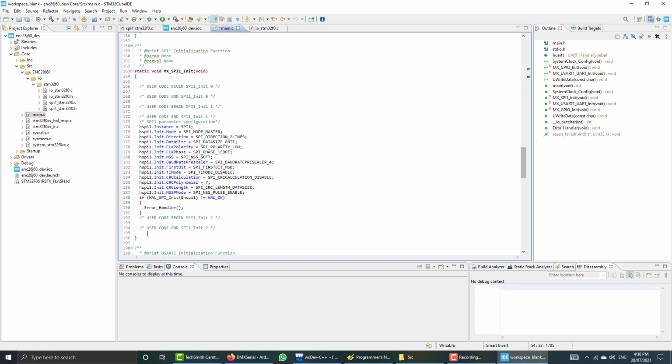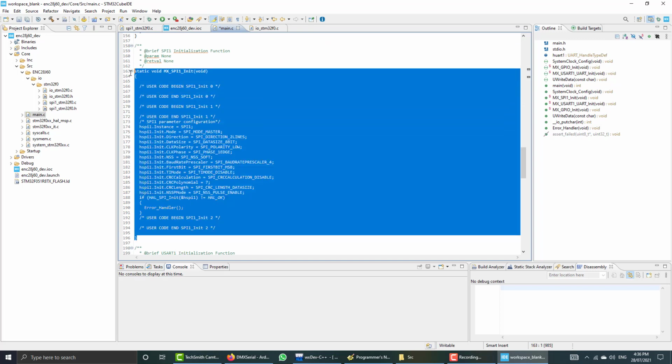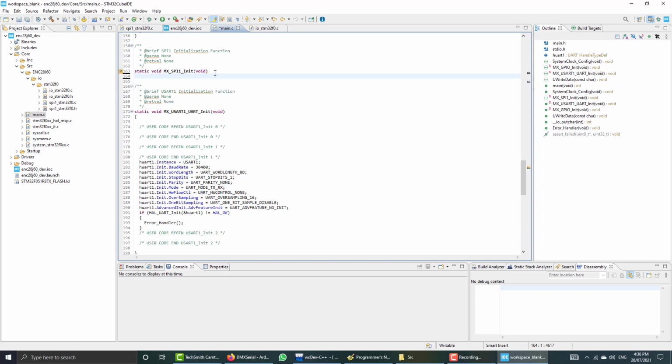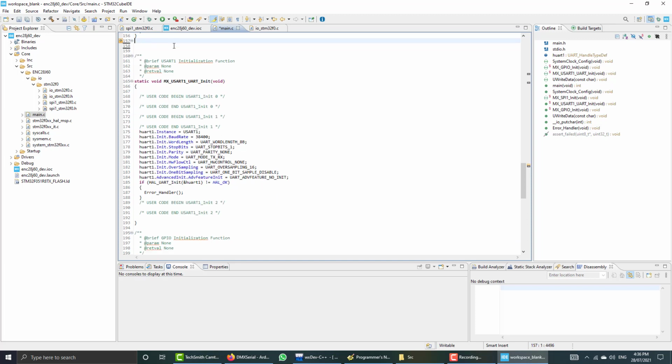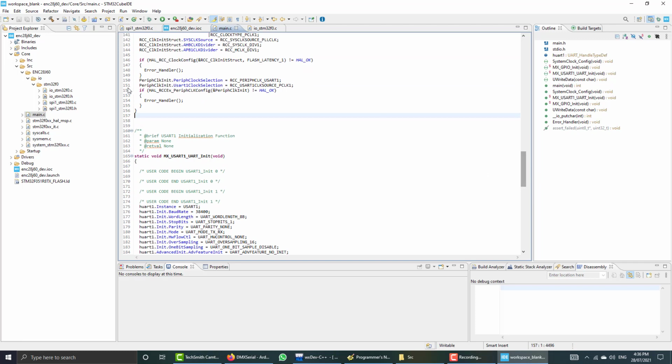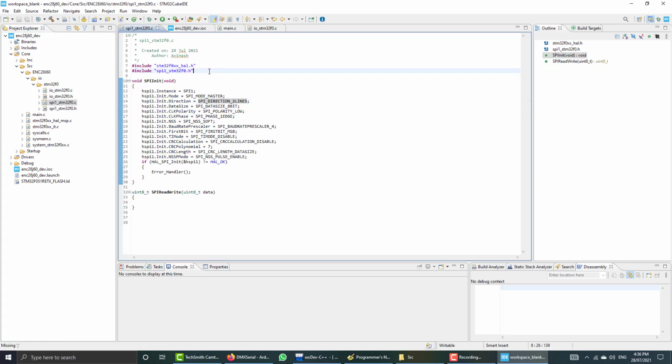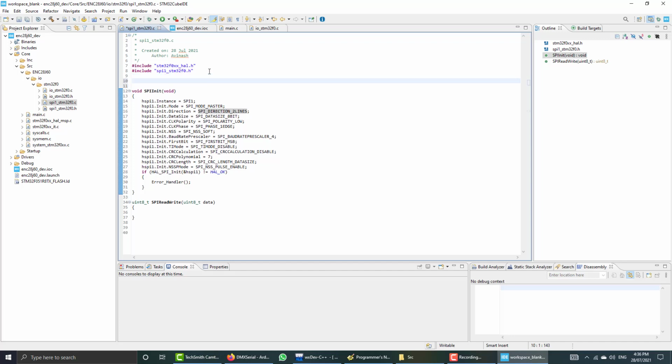I will also remove the implementation, so we'll keep our main file very clean. I will define the handle here as a global variable inside this SPI file.